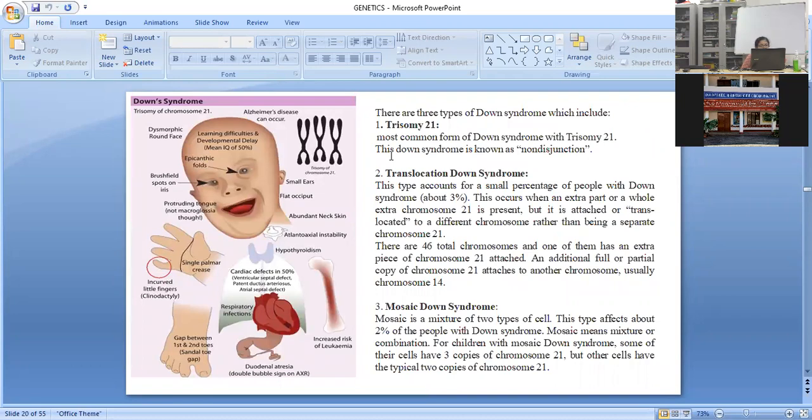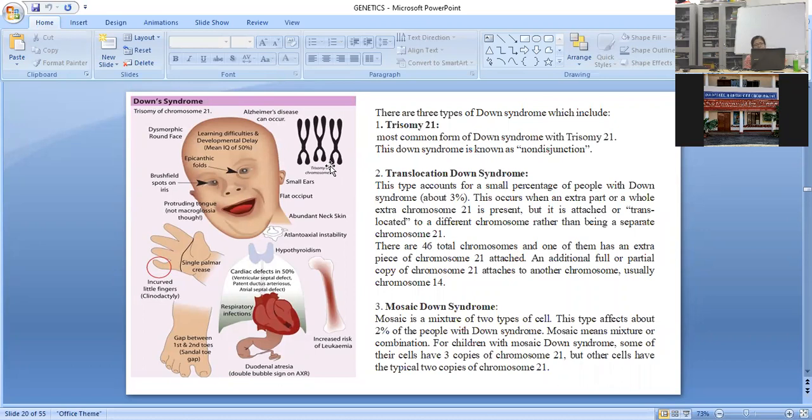Now, these are some of the features of Down syndrome, how to know if a particular child is suffering from it. The space between both the eyes is prominent. Nose bridge is prominent. There will be a disoriented mouth. There will be a single palmar crease in the palm, just one single crease. And there will be gaps between the first and the second toes. So these are certain features that will be expressed in case of Down syndrome because of trisomy in the 21st